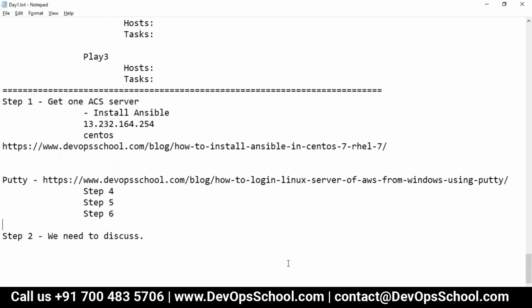The logic here is, let's say you want to do some ad hoc work, which you don't want to automate. Ad hoc means on the fly. So when you do ad hoc work in one machine or 10 machines, you would not like to automate. Why?